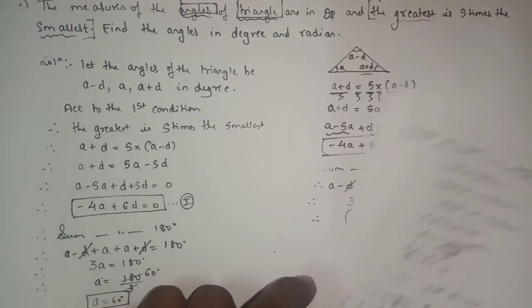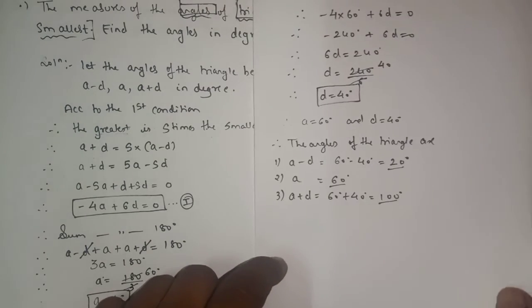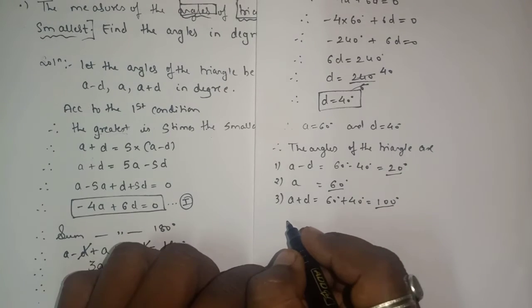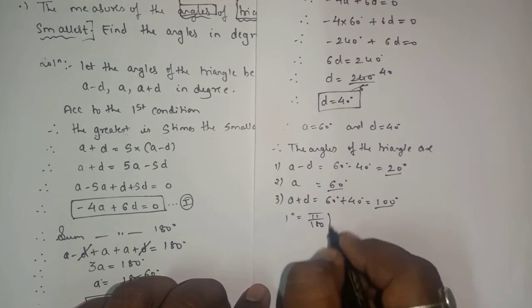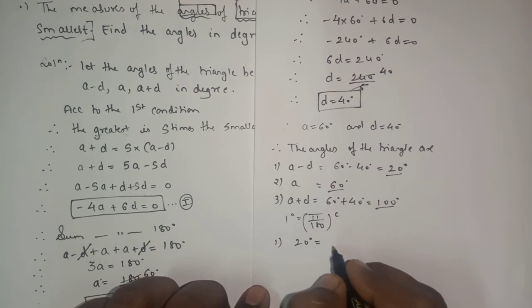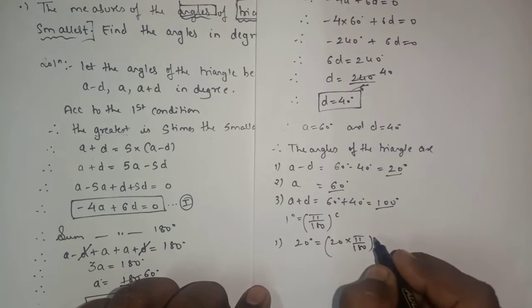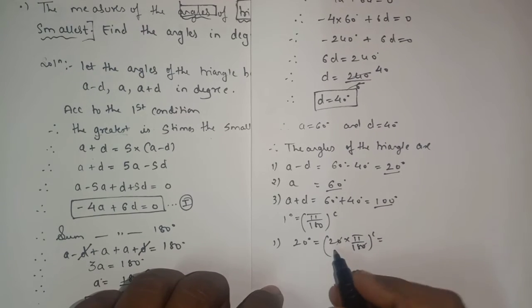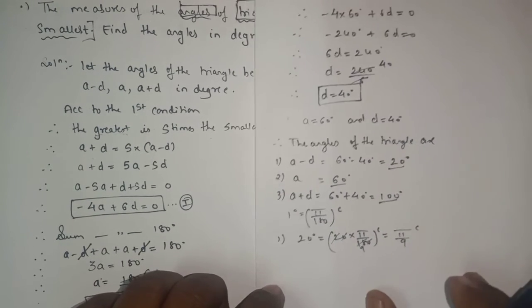So now in the question it says that you have to find the angle in degree as well as in radian. So we know that here we got the answer, it is in degree. So we know that 1 degree is equals to pi by 180 radian. So now first we'll convert this 20 degree into radian. Yes or no? So 0 will get cancelled, 2 ones are 2, 2 nines are 18. So pi by 9 is the answer.